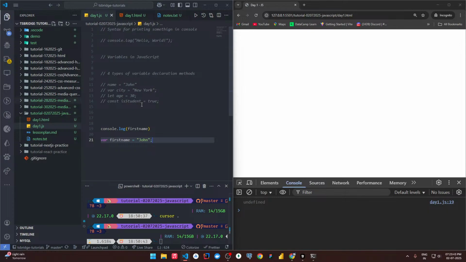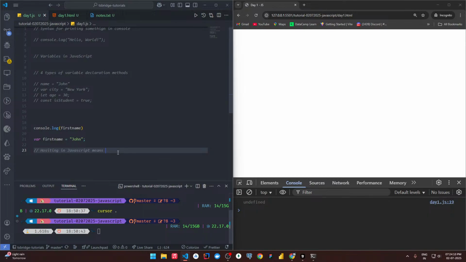Now what is happening here basically is var is hoisting itself. What is hoisting? Hoisting in JavaScript means, in simpler terms, focus on this part. These parts are very important. These are the basics which will help you all to create big applications in future. Hoisting in JavaScript means whenever we declare a variable,